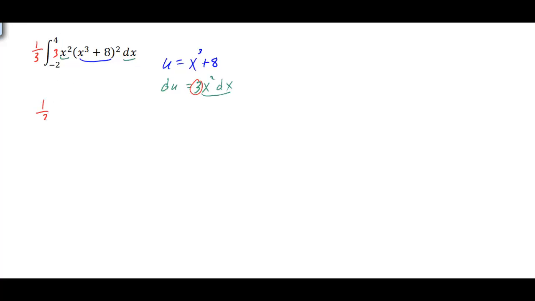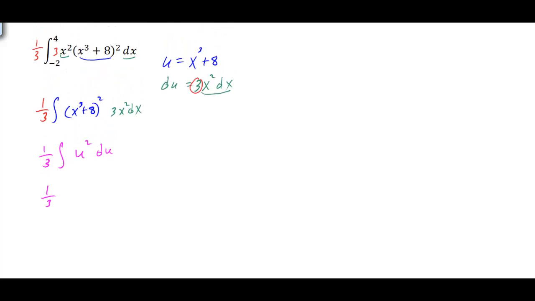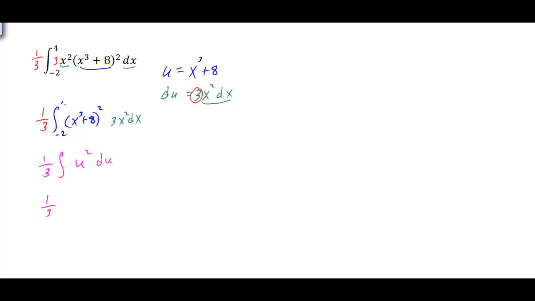So I'm going to bring down the 1/3, and we will have the integral of our x cubed plus 8 squared, and then we would have our 3x squared dx for our du. So if we do the actual substitution here, we would have 1/3 u squared du. And once again, it becomes a very simple integral problem. We would then have 1/3, and let's see, I forgot to bring down my limit, so this would be -2 to 4. And you're going to notice here, once I change this to u squared du, I'm not going to put my limits here